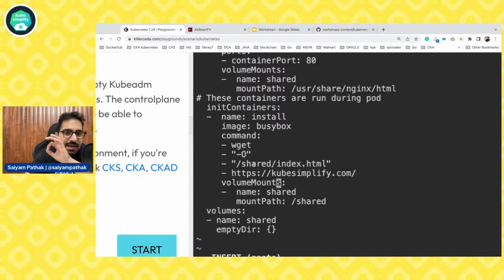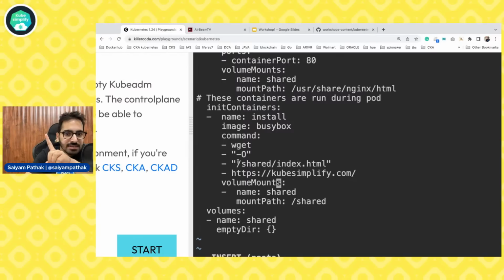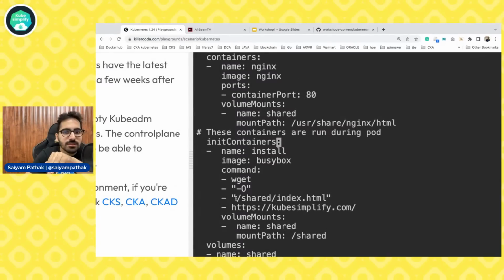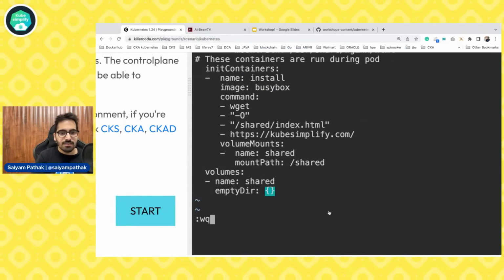We are storing that at /shared/index.html. Now since this is an init container, it will run first. Init container will run as the first container. Now this will create this particular file, and this is mounted as an empty directory, so it is /shared. So /shared has now index.html. Now what we want is this particular stuff should be there inside /usr/share/nginx/html. So whenever nginx starts, instead of the default welcome to nginx html, our html should be this. So that's what I was telling. This is a use case. Escape :wq